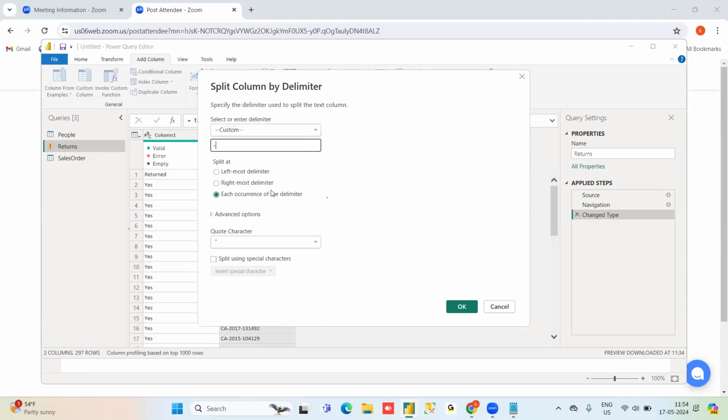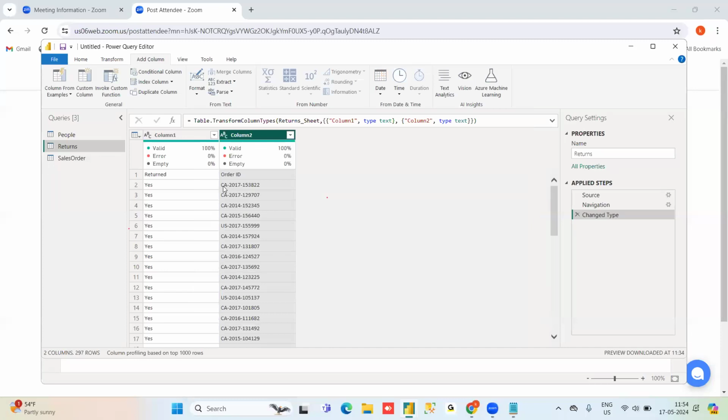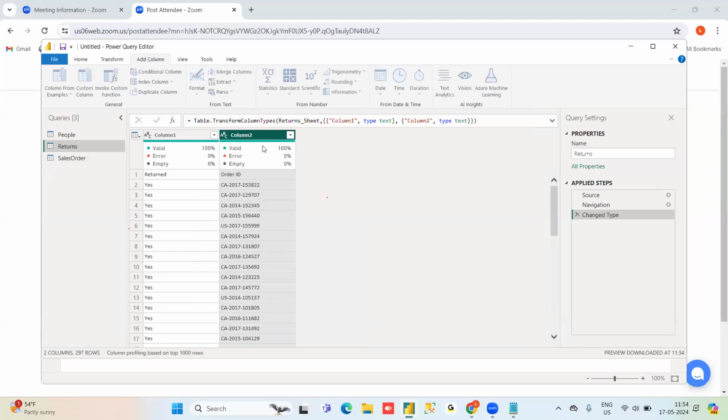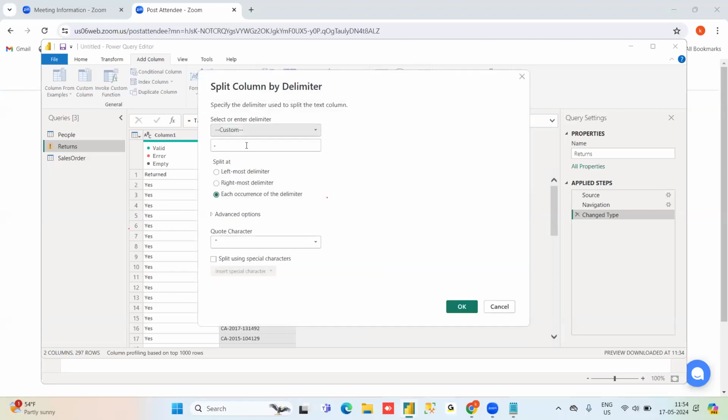I want each occurrence. Each occurrence means it will split CA one time, 2017 one hyphen each occurrence. But I don't want each occurrence. First occurrence only I'm taking. This is a very, very important thing in a real environment where you are going to work.